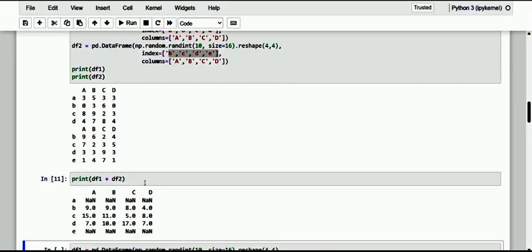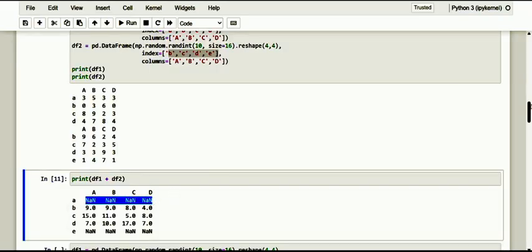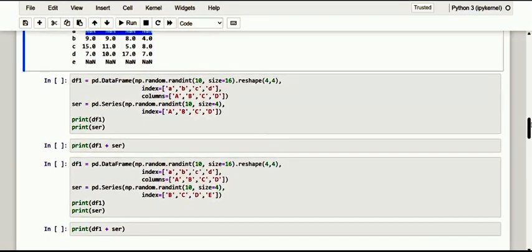And here too, only the rows that have common labels between the two data frames are taken into consideration for the calculations, whereas the unmatched rows in the other data frame are added to the result but valued with NaN, which, as we said, is a missing value or not a number value. Okay, now let me show one more functionality.